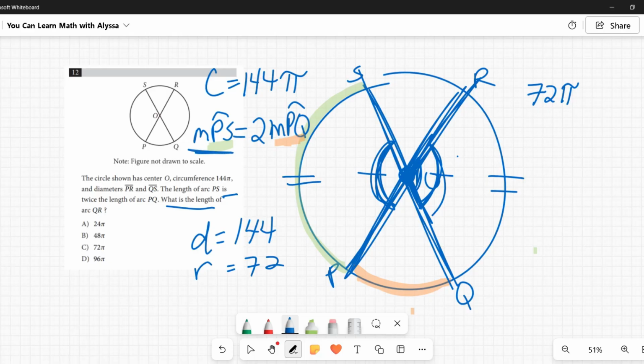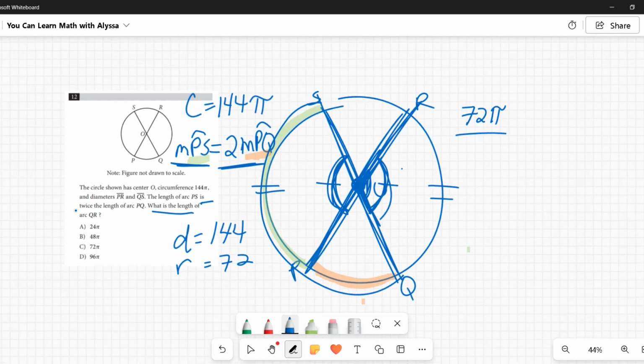I'm told the measure of PS equals 2 times the measure of PQ. And all together, they equal 72 pi. So I am going to add them together and then solve. The length of that whole half circle, that arc, is 72 pi, and it's the measure of